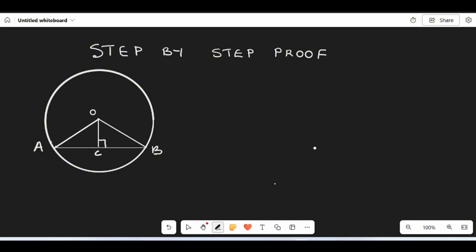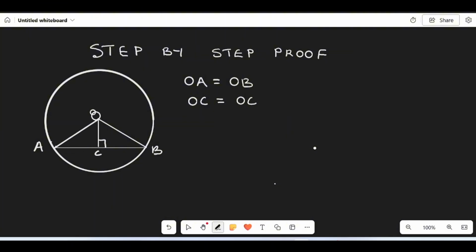Now in triangles OAC and OBC, OA equals OB because they are radii of a circle. Also, OC equals OC. They are a common side to both triangles